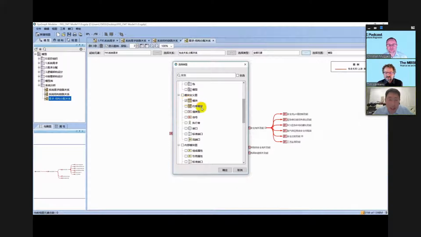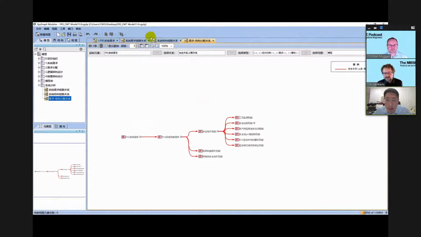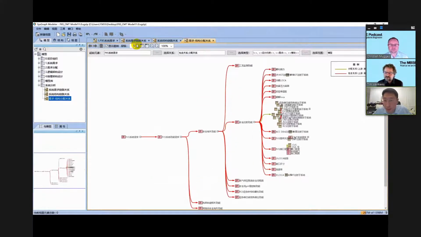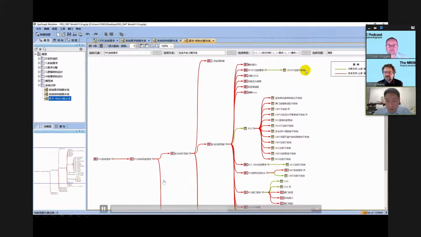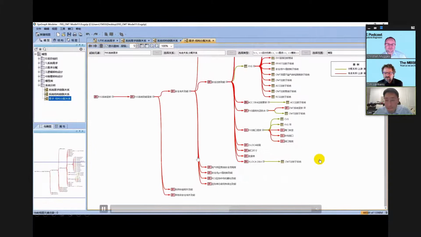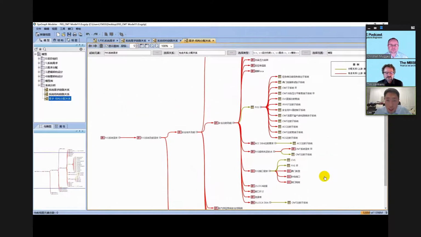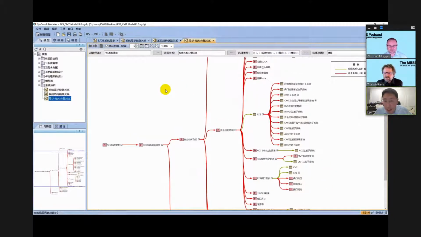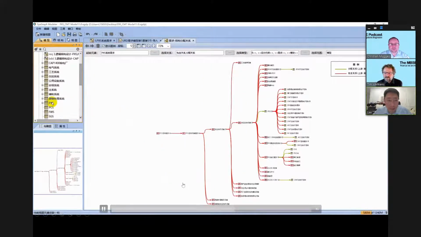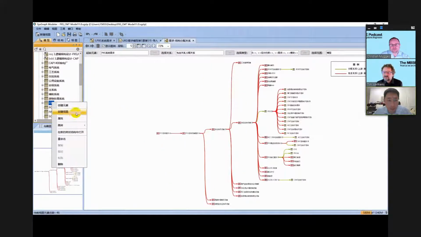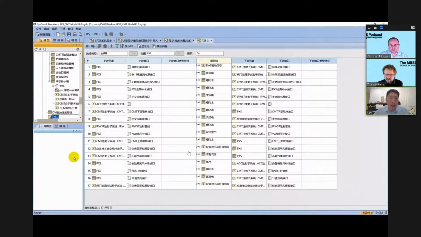And here we can see the requirements. You can link the requirements into the structure. So you can see what the relationships between requirements and structure are. And now we can create a